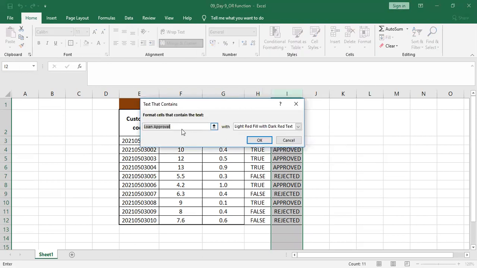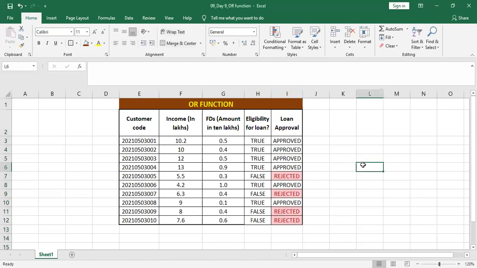I'll select it, and type the word rejected, and cells that contain the word rejected will have light red fill with dark red text, and that's it. That means customers 3005, 3007, 3009 and 3010 will be rejected with their loan application, but others will get their loan approval.